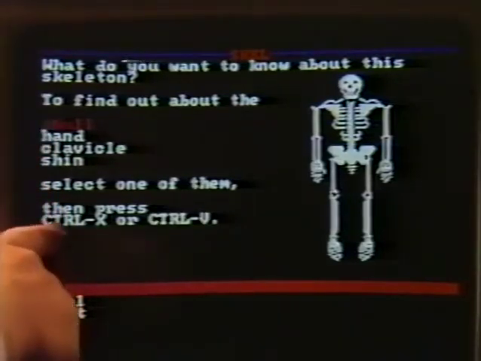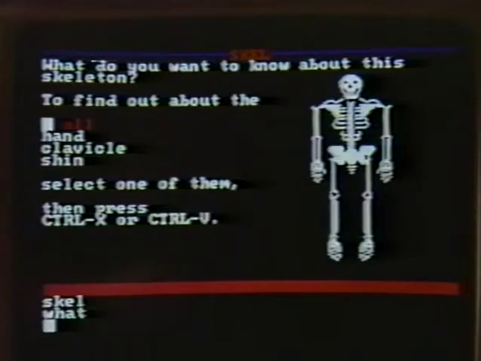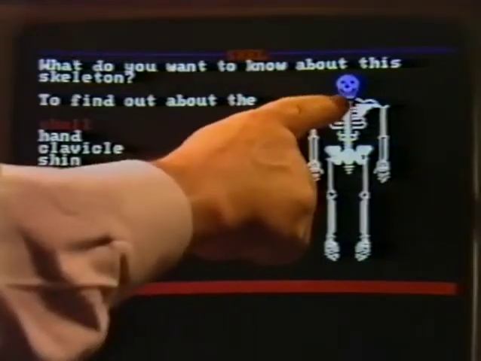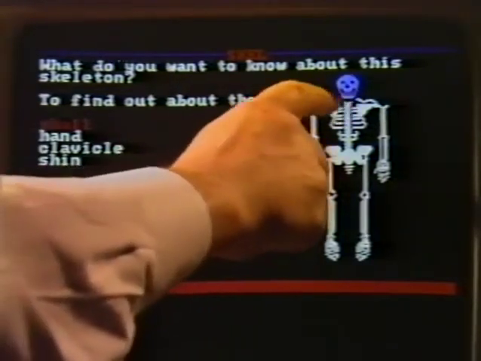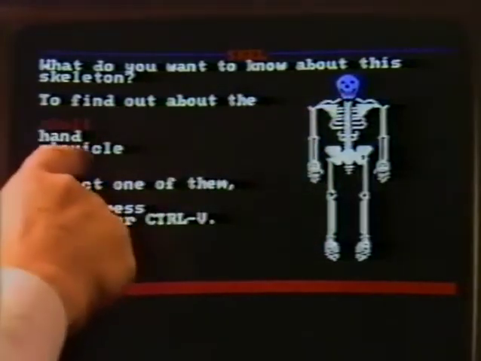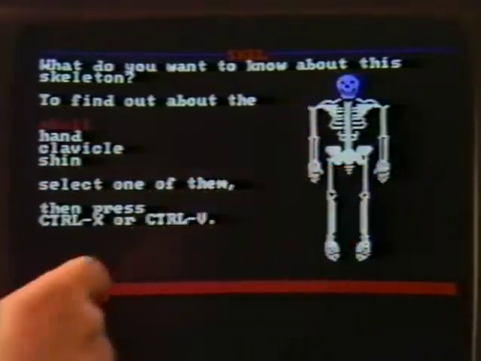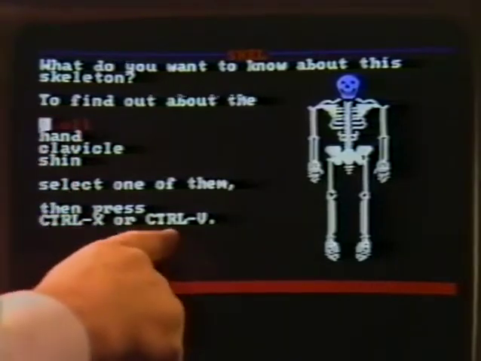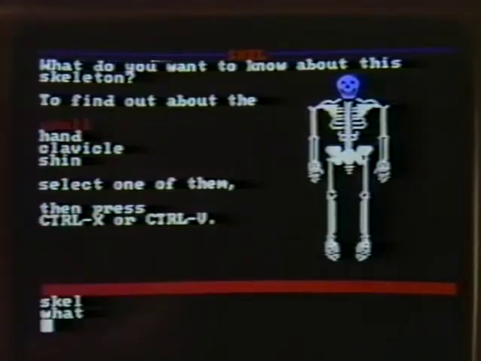And now when I obey this instruction, doing Control X, the skull turned blue, showing which bone of the body was called the skull. I could have selected hand, clavicle, shin, or any other. Let's see what happens when we press Control V. Control V is going to get us into a database in which the young programmer has written some more text